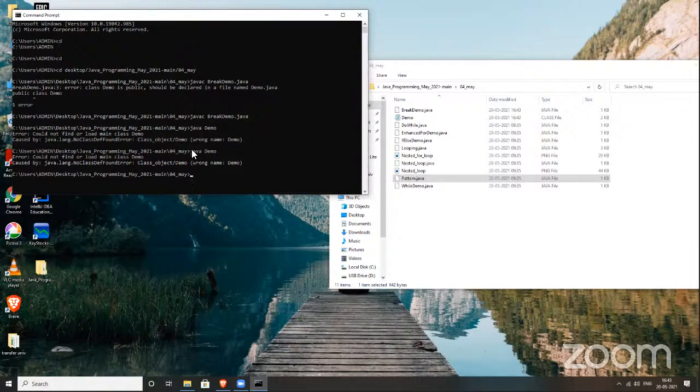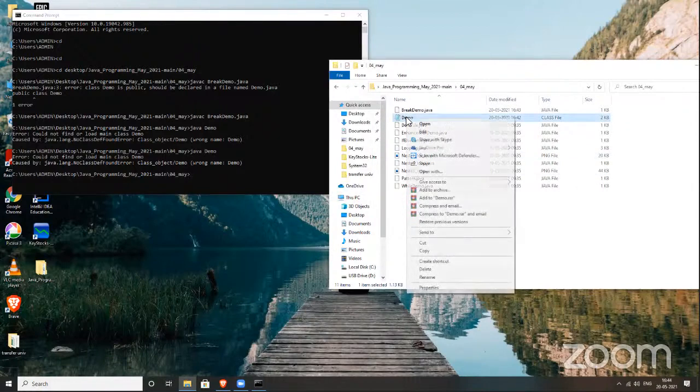Same error. Because you have two classes. Okay. So see, when you run this program, this class file is generated, right? This demo. I will remove this demo, or change the name of it.